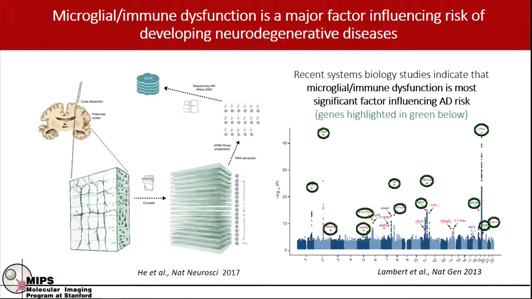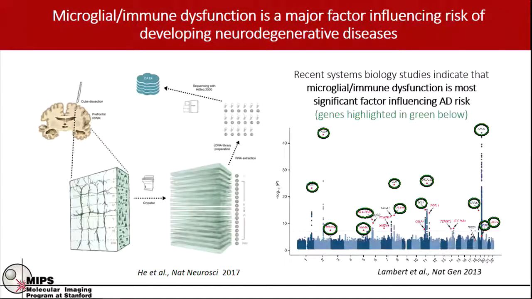There's been a lot of new data that's come out showing some surprising results that have shocked the field, that in fact a lot of the genes that have come out of these studies are involved in microglial or immune dysfunction. These are the main genes that are increasing a person's risk of developing a neurodegenerative disease like Alzheimer's. And so now all the pharma companies have cottoned on, and they are developing these